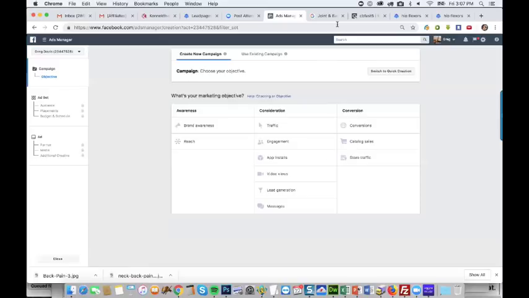How about joint pain? All right. It's not even a good interest anyway. Oh well, forget it. We don't want interest anyway. I mean, there's some interest you could drill down and get to, but we're going to keep it broad and see what we get. Let the Facebook pixel do its work.